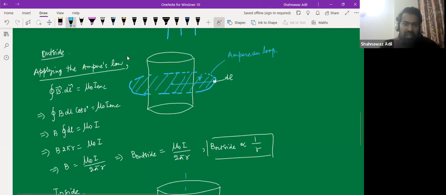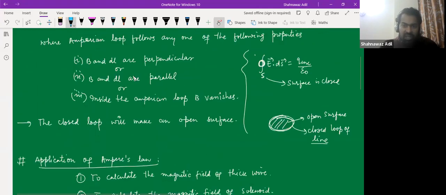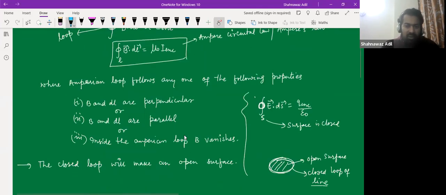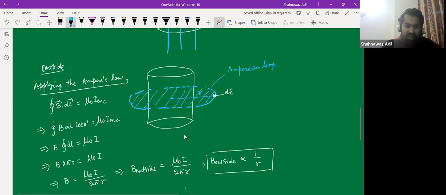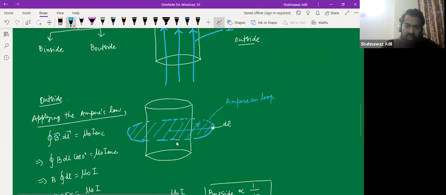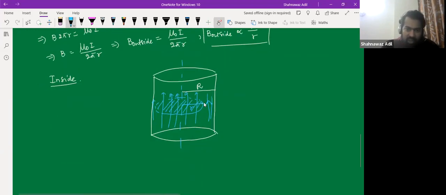That is the idea of Ampere's law, right? Ampere's law says I enclosed in the Amperian loop. Whatever loop we have taken, the current enclosed in that would be different, as you have said. Earlier we were taking the whole thing, so the same current was passing, which was I. Now, as you said, this would be different.